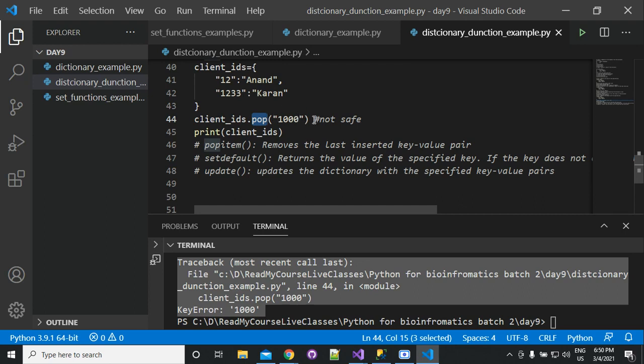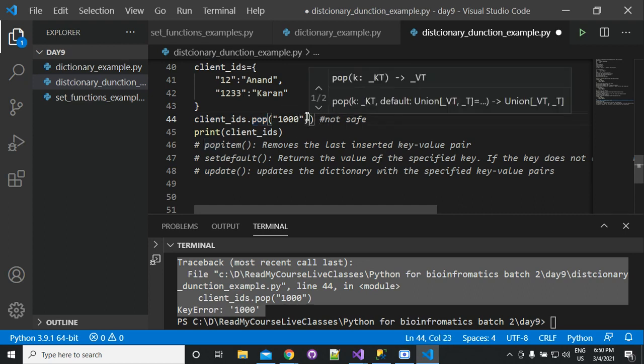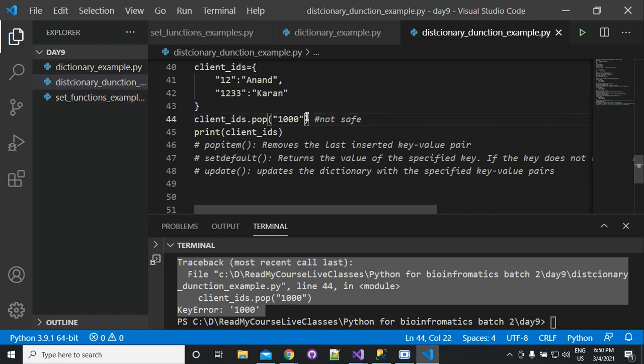For safety purposes, you can first check whether this id or this key is present in the dictionary. So we can simply check, and if that condition is true, then and only then we can delete.